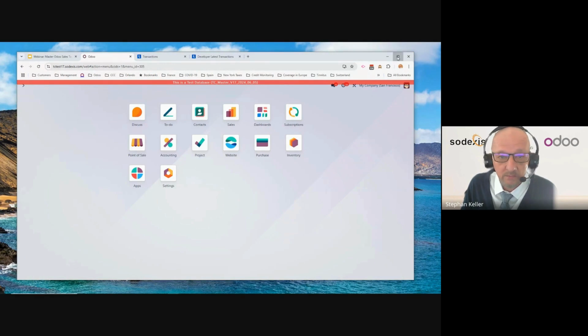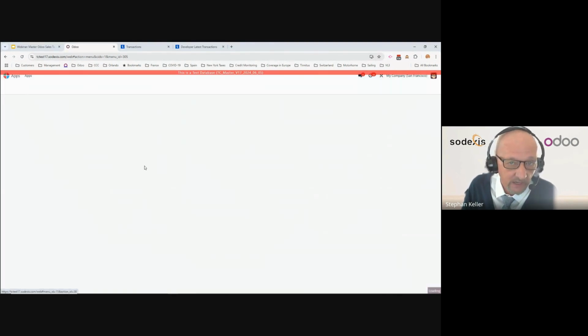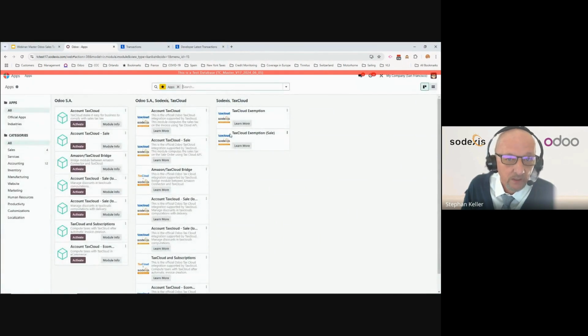So here I am in the V17 test system. I'm going to look first at the list of apps. I already defined a filter. Here you can see the 7 modules from the Odoo connector, and here you can see the 7 new modules. There's a corresponding one for each of the Odoo modules, and you can see that it covers the main